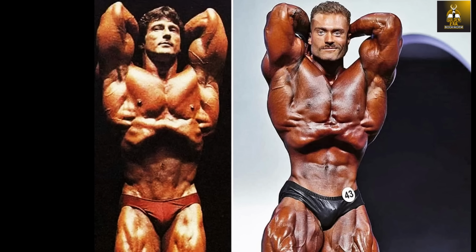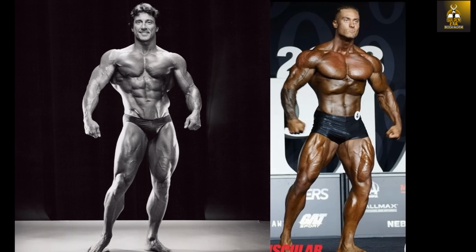and what better way than comparing Frank Zane, who is still regarded as the most aesthetic physique of all time, and at least represented the epitome of Golden Era classic standards and ideals, versus Chris Bumstead, two times reigning classic physique champion of today, representing of course modern day classic physique standards. Now we're going to go through some of the mandatory poses, and starting with the relaxed pose,